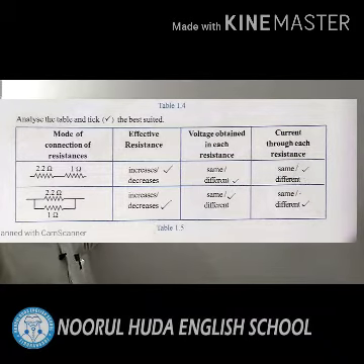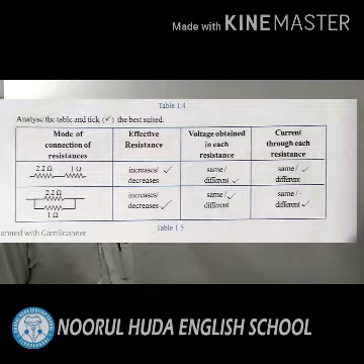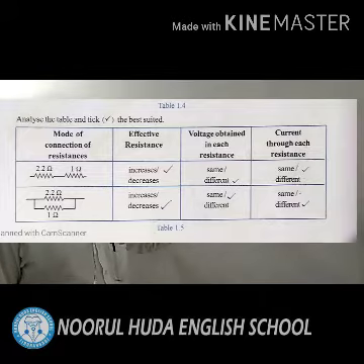Resistors are connected first in series. What happened to the effective resistance? Increase or decrease? The effective resistance increases. The voltage obtained in each resistance decreases, but the current through